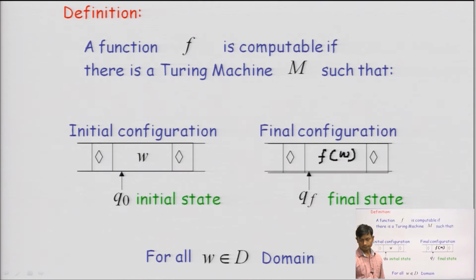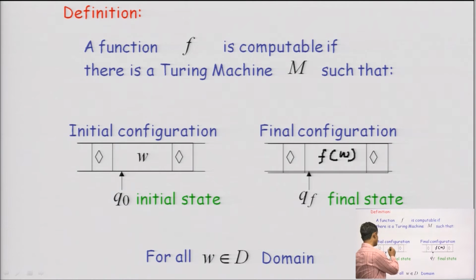Here you see what we have written: you have a w, and q0 is the initial state. A function f is computable if there is a Turing machine M such that